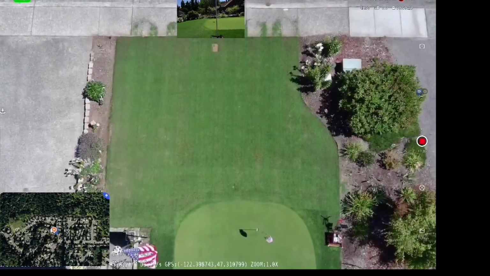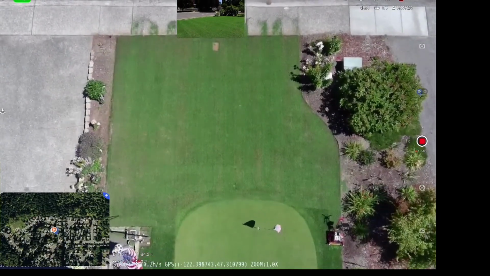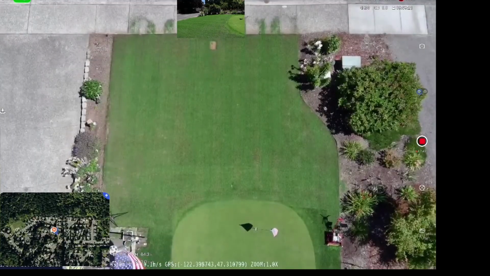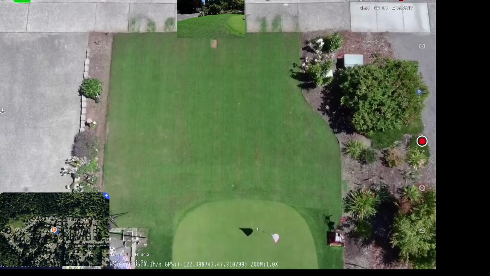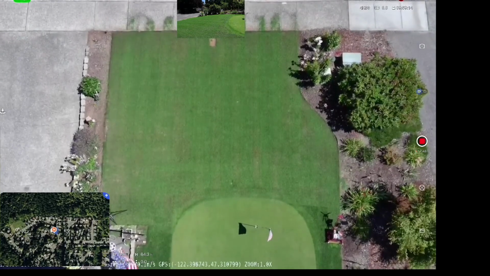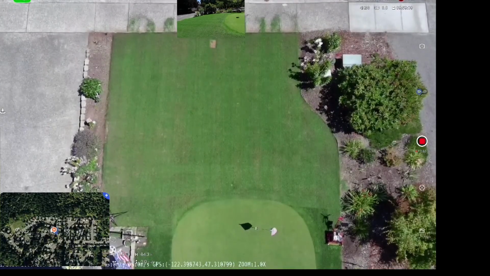And oh shoot, that stupid fan just won't stay on. Drives me nuts. Sorry, I'm just trying to move my camera because I'm going to mow the back area of the lawn.